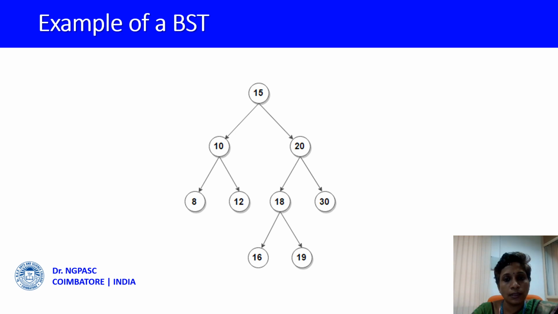Here we could see that the node 18 is expanded with the left and the right children. Left side is 16 and right side is 19, which is satisfying the condition of a binary search tree. Whatever the levels be, either at the topmost root level or to the next level or to the next level or at the leaf level, the condition must be satisfied in all the levels. Then only it is a binary search tree. This tree satisfies the properties at all the levels, hence this is a binary search tree.